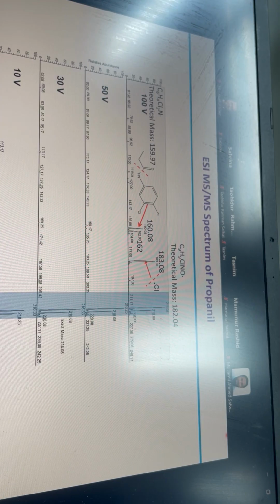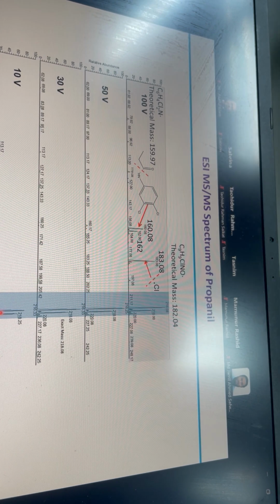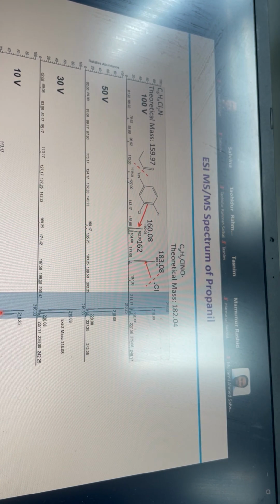And then you can actually select these ions. In the mass spec, you also have an ion trap. We will be talking more about the ion trap. You can trap that ion and then apply some voltage to try to break down the molecule. So if you apply 10 volts, 30 volts, 50 and 100, when we applied 100 volts,